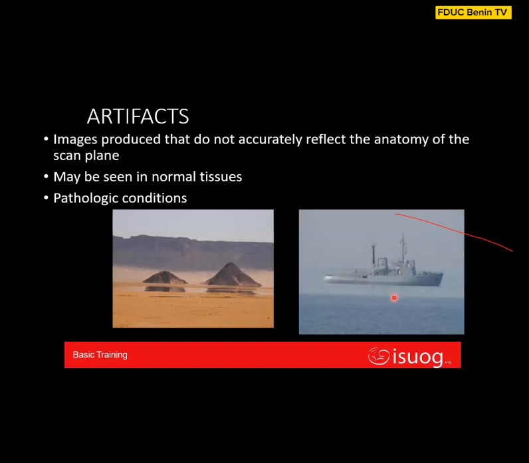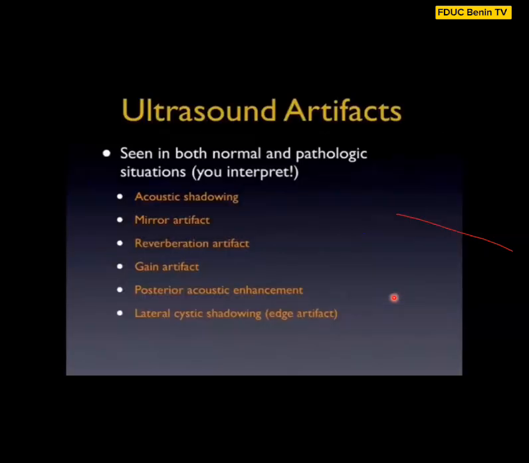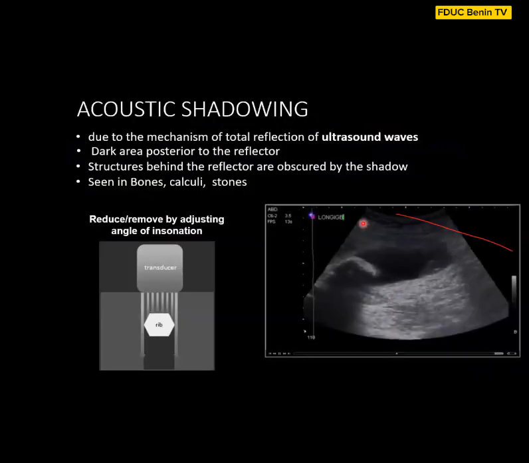It can be seen in both normal and pathologic situations. There are so many of them, but we'll talk about some of them. There's acoustic shadowing, you have mirror artifacts, vibration artifacts. So talking about acoustic shadow, when I was talking about interaction of tissue,